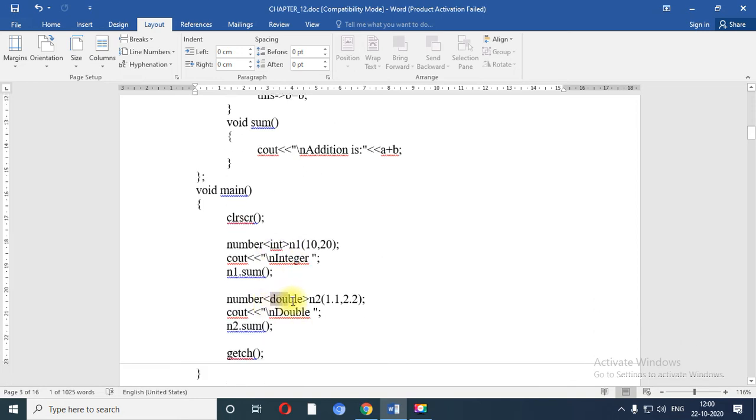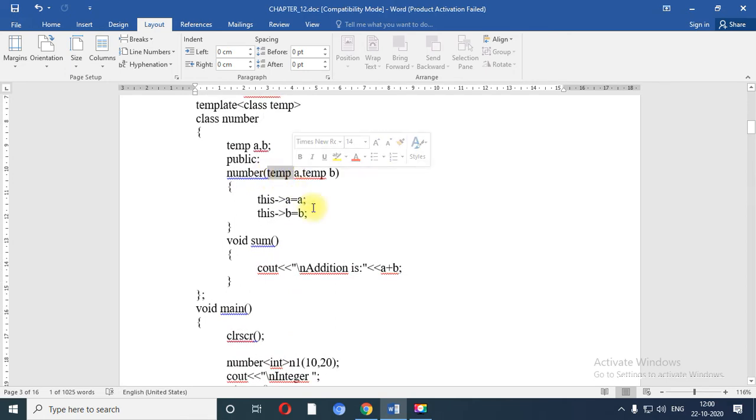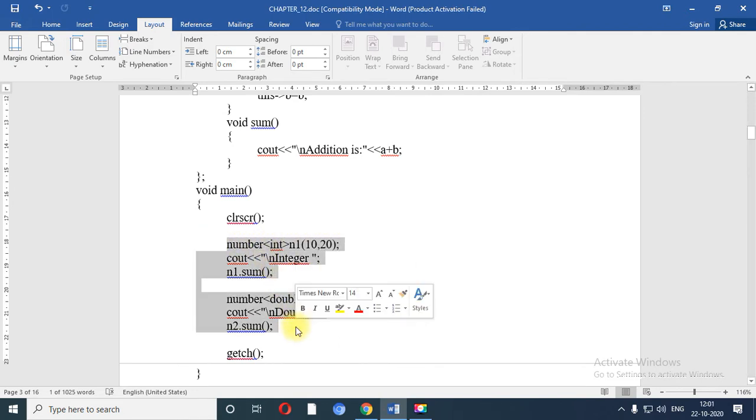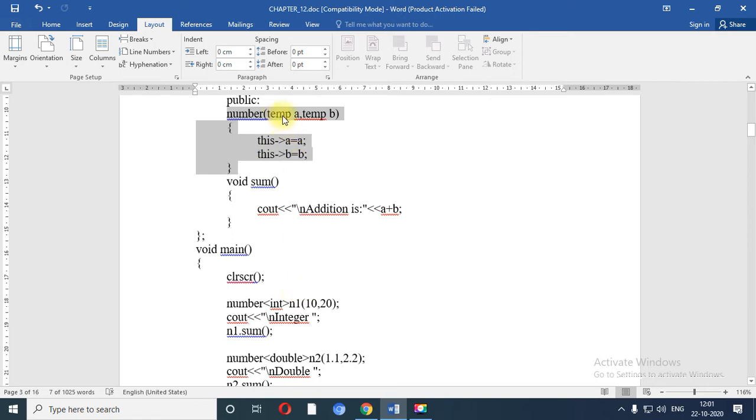For the second time our data would be double, so when n2 is created it will be considered as a double data type, and wherever you have written temp it will be replaced by double, and in this case it will be replaced by integer.